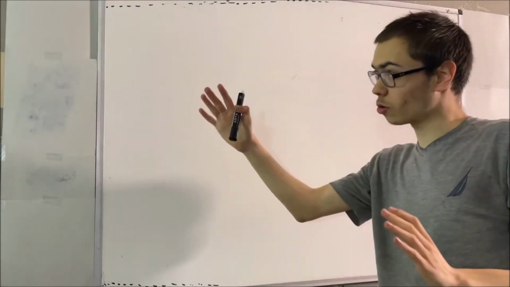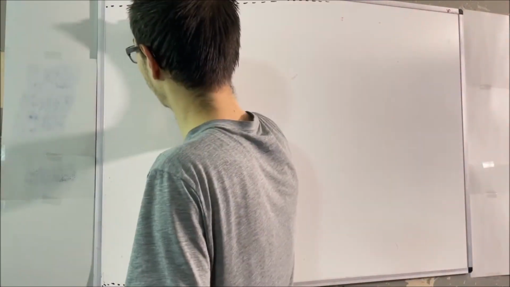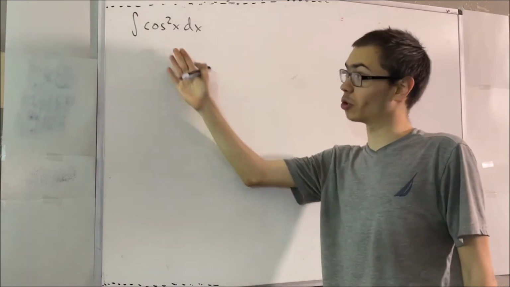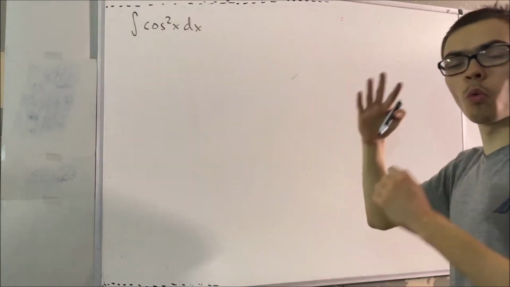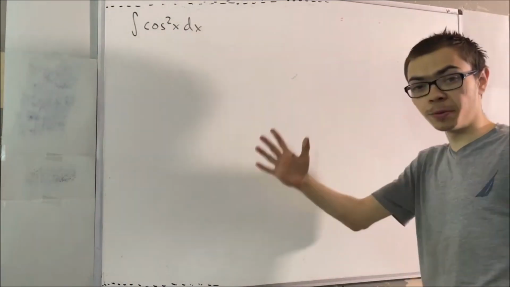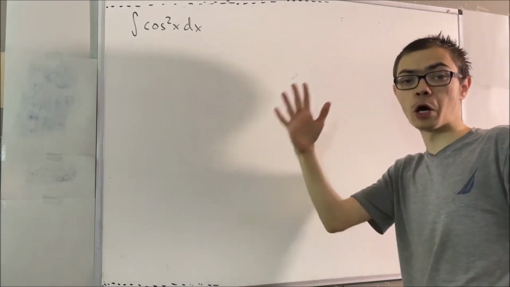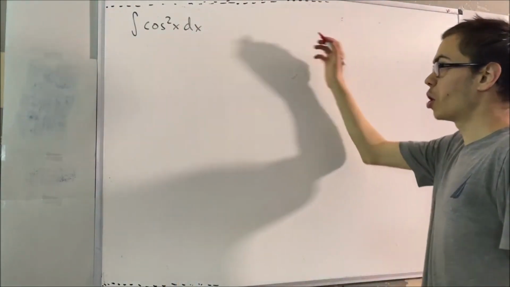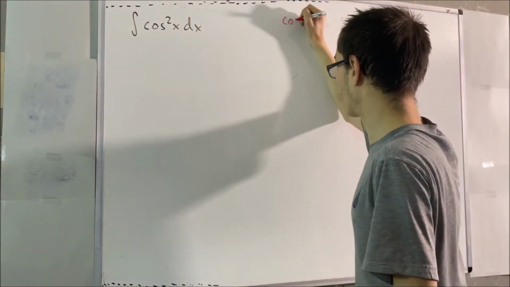Alright, so in this video, we're going to evaluate the integral of cosine squared. So how do you suppose we evaluate this integral? Well, one way that we could do it is we could use the trig identity for cosine of 2x. If you recall, cosine of 2x is equal to